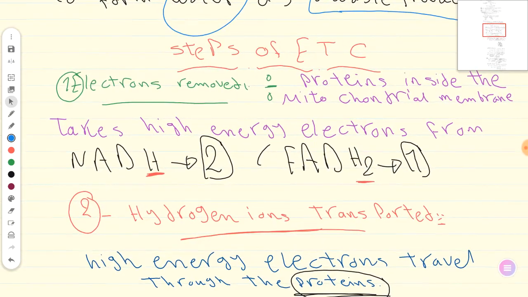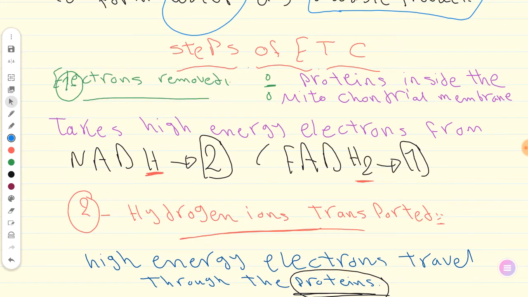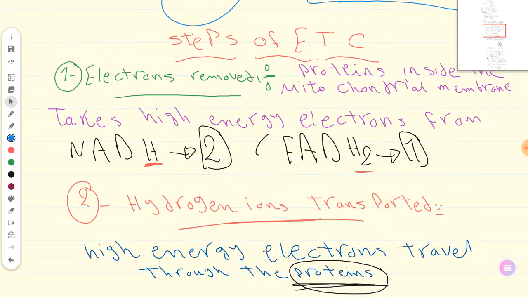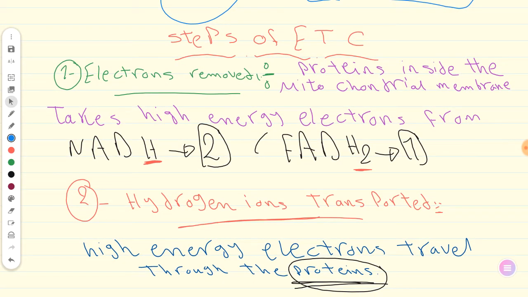It starts with the electrons removed. This means the proteins inside the mitochondrial membrane take the high energy electrons which are carried by NADH and FADH2. Protein channels use 2 molecules of NADH and 1 molecule of FADH2. And then the next step,